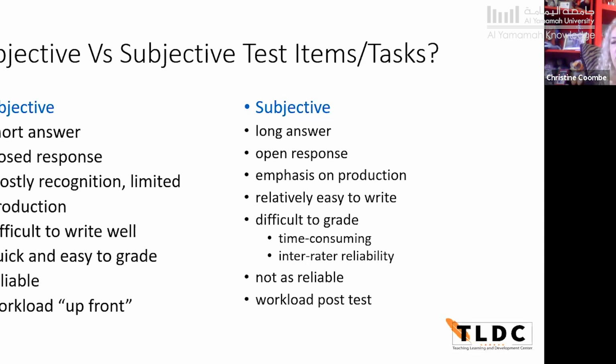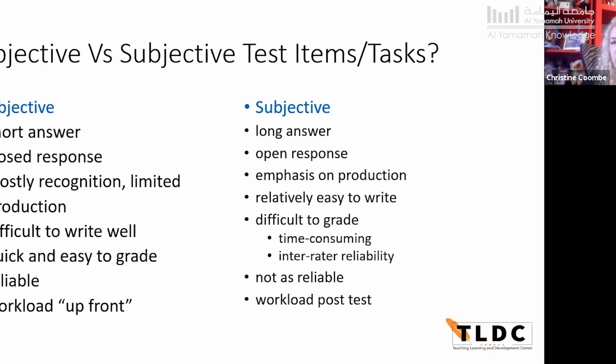And within test properties, the more items you have on a test, the more reliable that test is said to be. And with objective type questions like true, false, you can have way many more items that are objective in nature than you can subjective. So they're deemed to be more reliable. The workload on this type of a test with objective items is upfront. It takes you longer to produce the test, but when it's time to grade it, it's very easy.